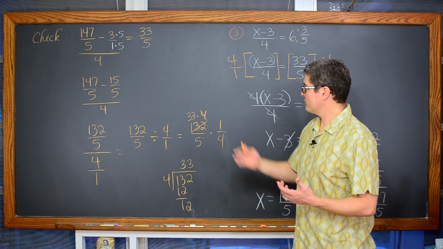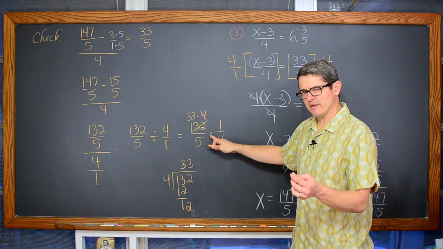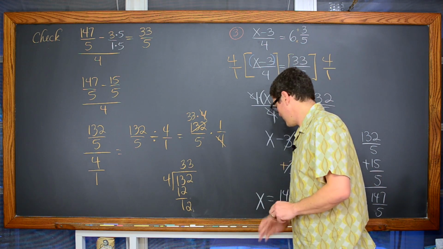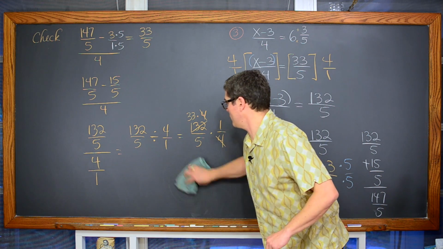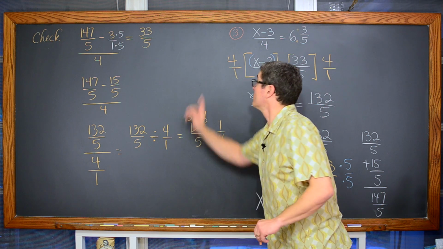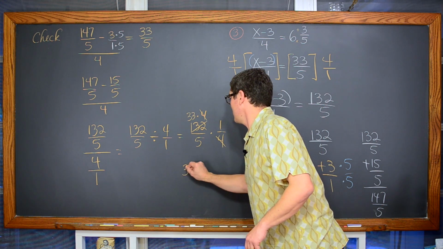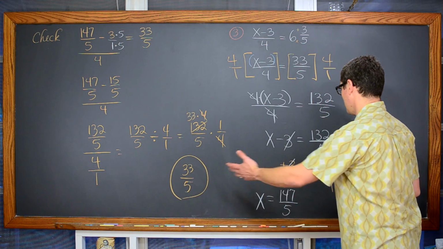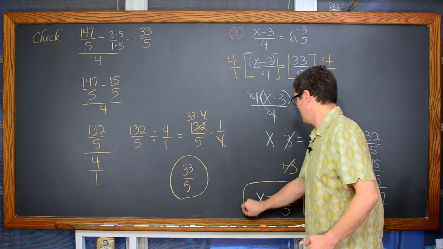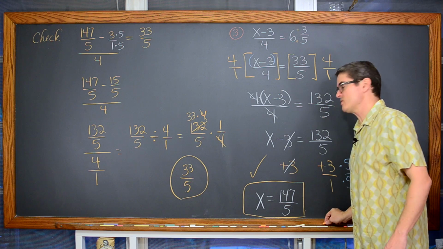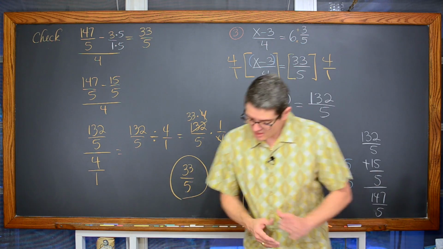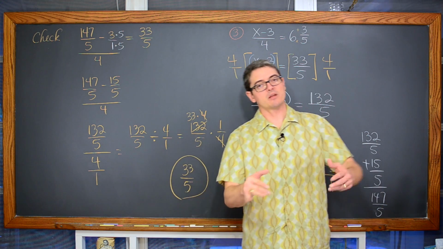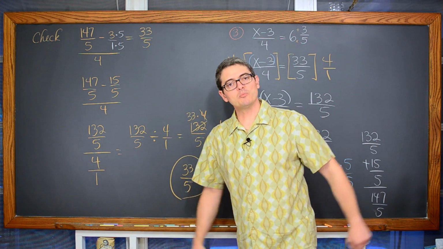The factor of 4 in the numerator coming across the multiplication symbol. This would not work if it was addition or subtraction. It's going to cancel with that factor of 4. And we end up with what we had on the right, which is 33 over 5. So that, even though I'm circling it, is actually checking the validity of what I believe my answer is, which is 147 over 5. So that's our third example. Let's get on to our last algebraic example before we do our word problem.